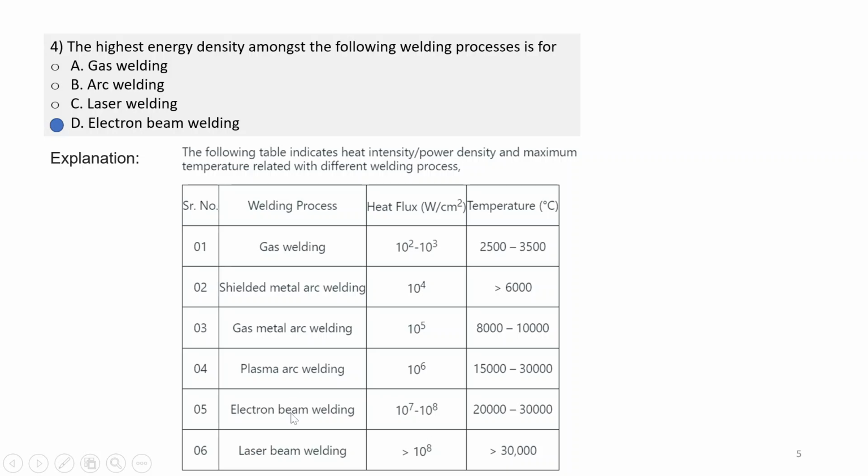So electron beam welding is known as the highest energy density welding process, and the temperatures are also